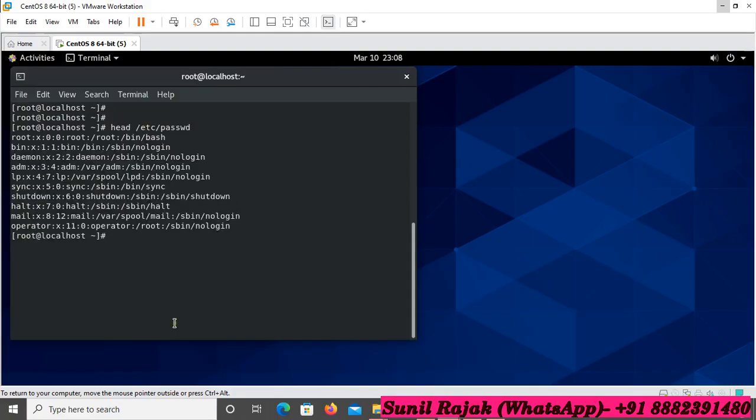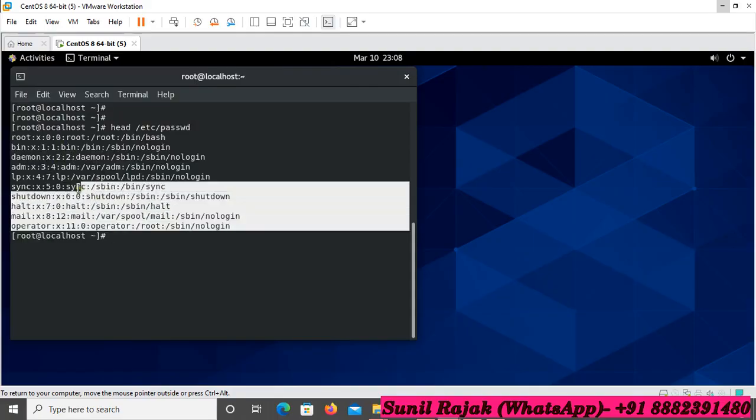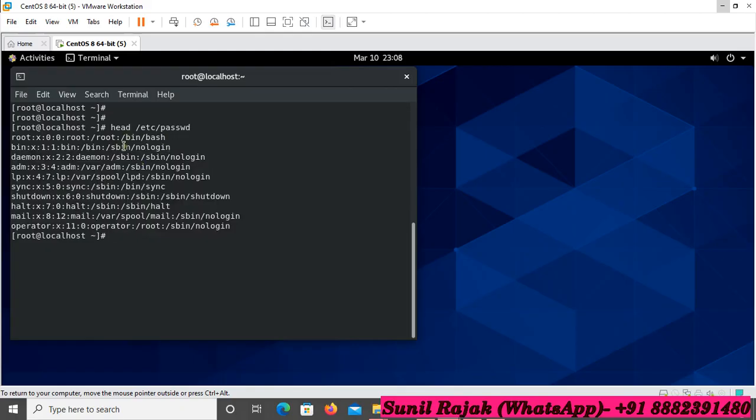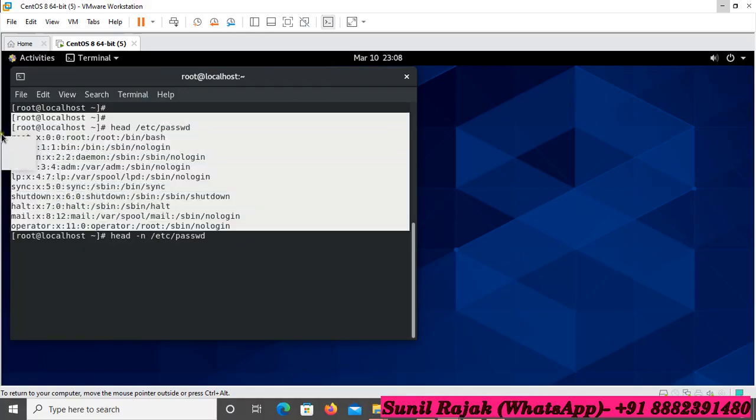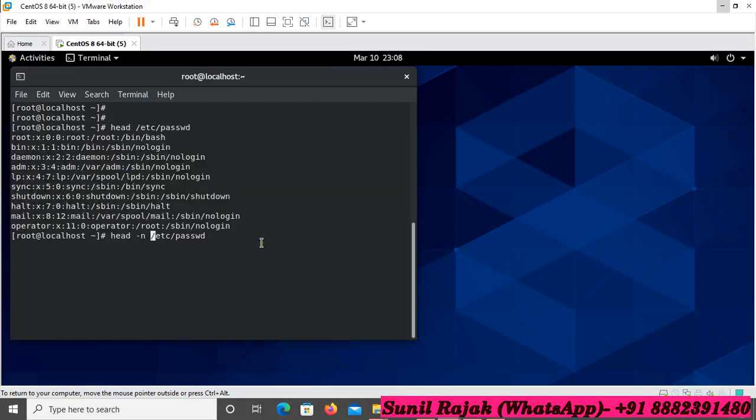So here, it will print by default 10. You can count from here: 1, 2, 3, 4, 5, 6, 7, 8, 9, 10. You can see a number list, but remember friends, when you are using head and the option hyphen n, and you want to see the file with a number list by default, please remember it will not work,